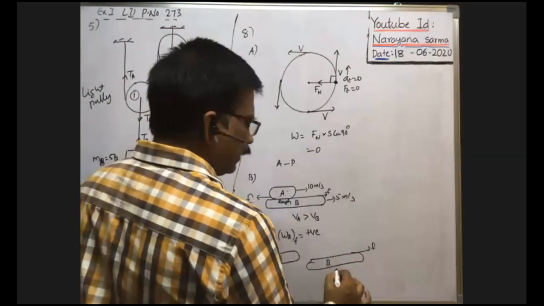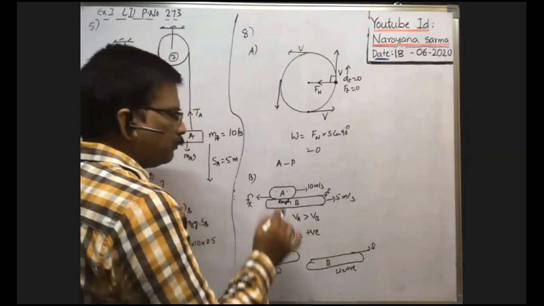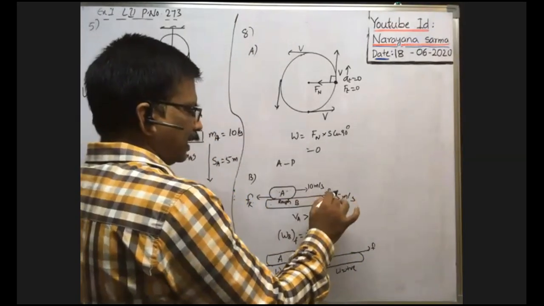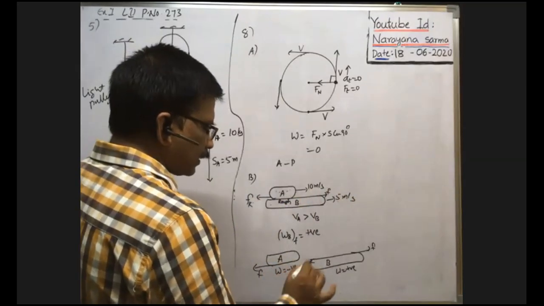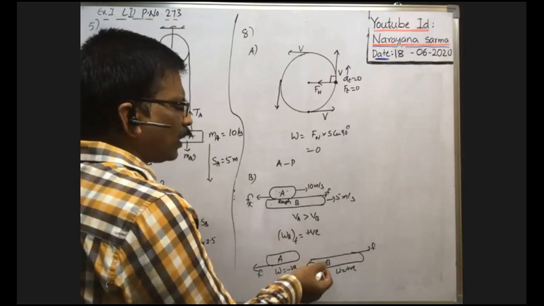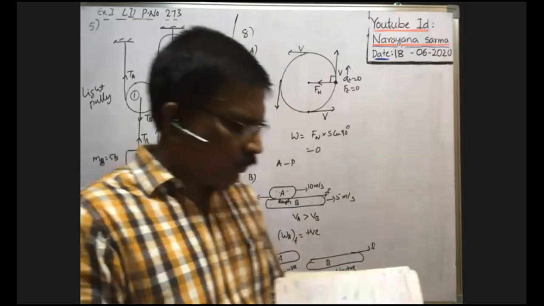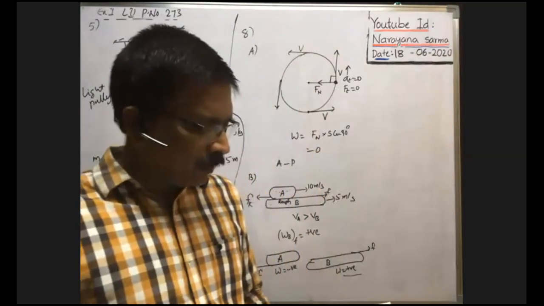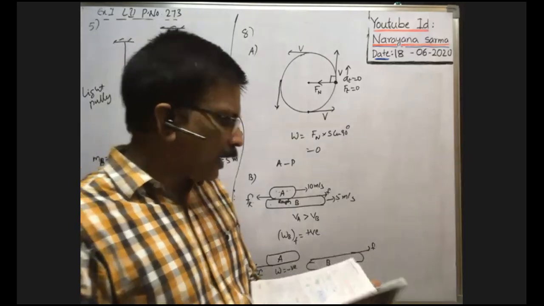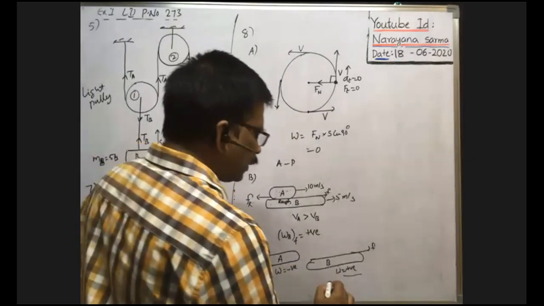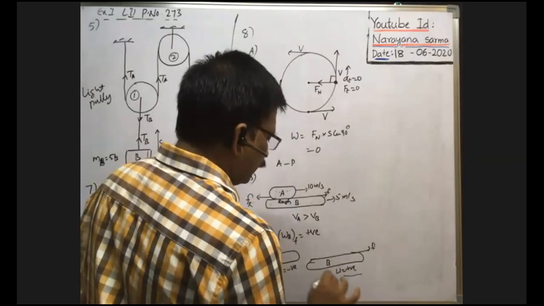That's why work done here is positive in this case, and in this case work done is negative, no? Because the velocity is in this direction, whereas friction is in the opposite direction. That's why work done is negative in this case. Here they asked what is the work done by friction on block B? They asked that, it is positive. So here in column 2, non-zero positive, non-zero negative, like that it is given. In Q, non-zero positive is given. So option Q is correct for this B. So B-Q, it is correct.